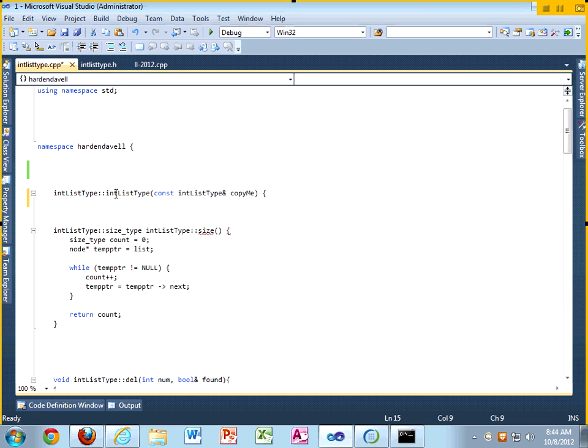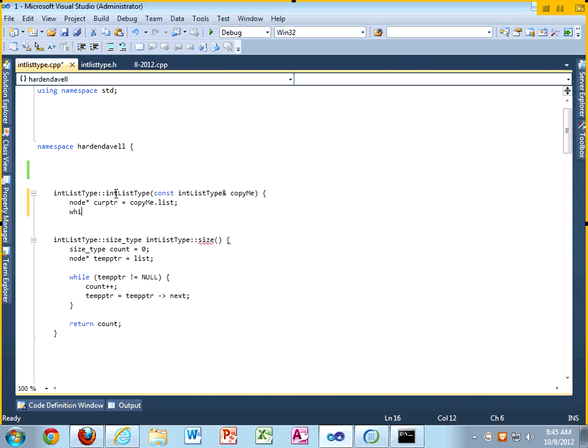All right, so we're going to need a cur pointer, a current pointer that's going to point to the already existing list and go down it one node at a time. So node star cur pointer gets copy me dot list. Does that make sense? Okay. And then we need to go down the entire list, so we're going to say while cur pointer is not equal to null,